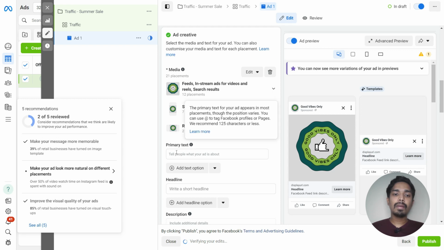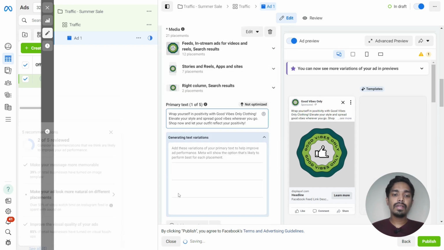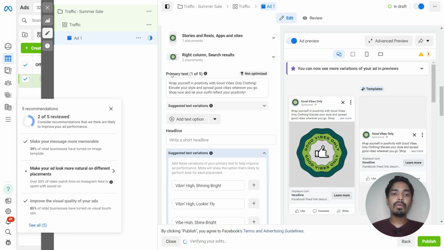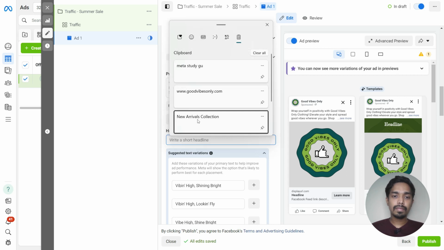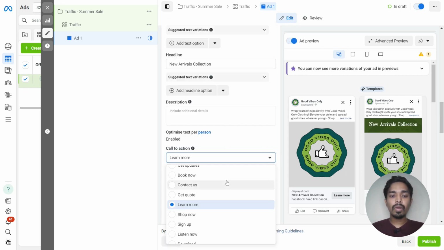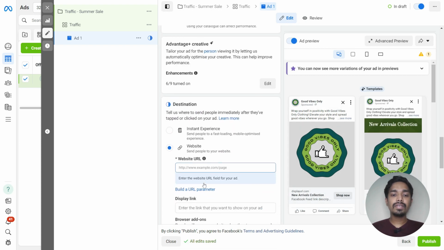Here we have to add a primary text. I will be adding the primary text here. Similarly, you can add up to 5 primary texts. Similarly, we can add a headline here. And here just select the call to action. I want shop now. Add a destination URL